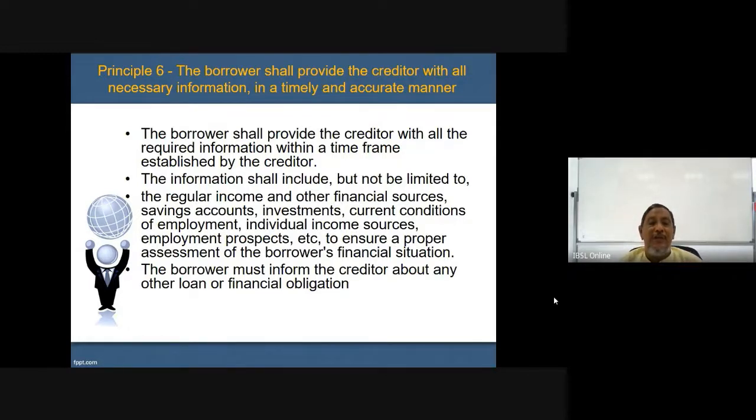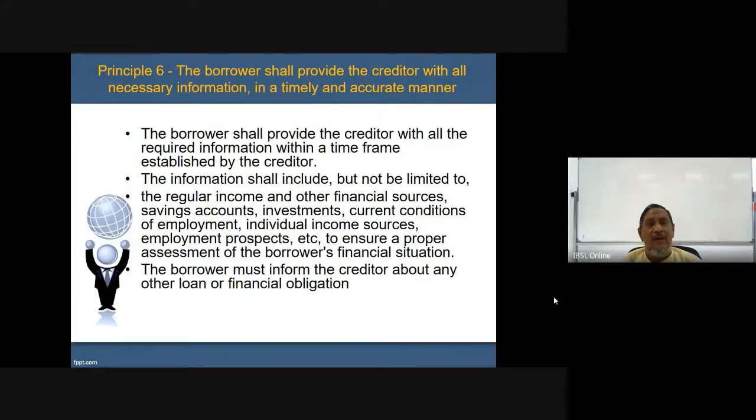Regular income, as for individual customers, right? Individual borrowers, regular income, and for other financial sources, savings accounts, investments, what are the investments, how the return comes from the investments, current conditions of employment,